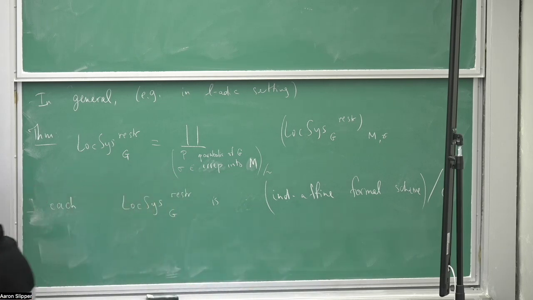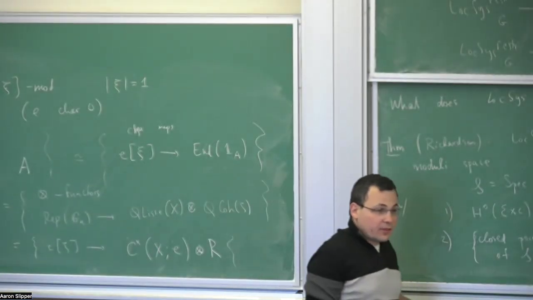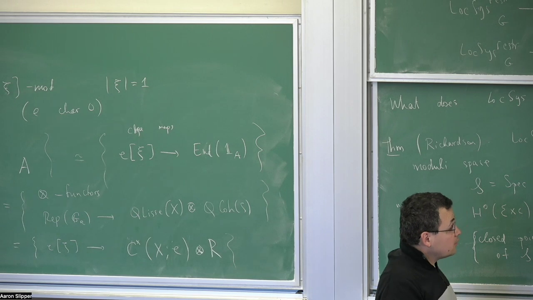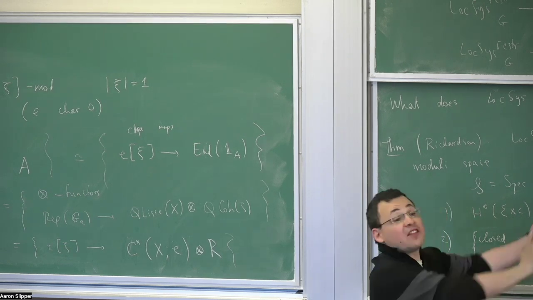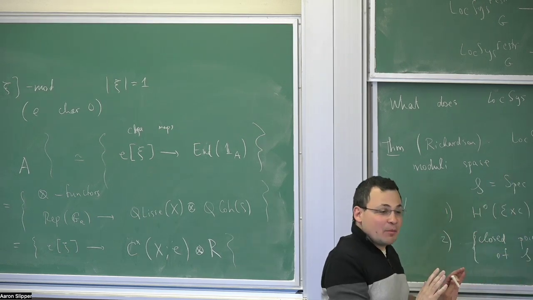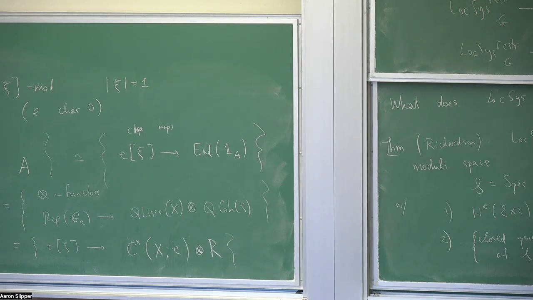As I said initially, you can't hope for it to be a stack of finite type or anything like that, from the simple example. But this is what it ends up being. In the general setting, you can make sense of this without the restriction. No, that's the only thing you have. That's sort of the point: in the case of l-adic sheaves, there's no other version, there's no other space parameterizing.